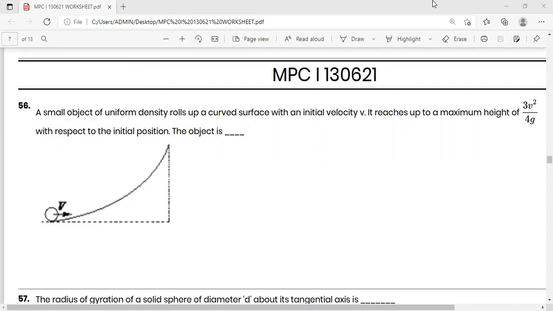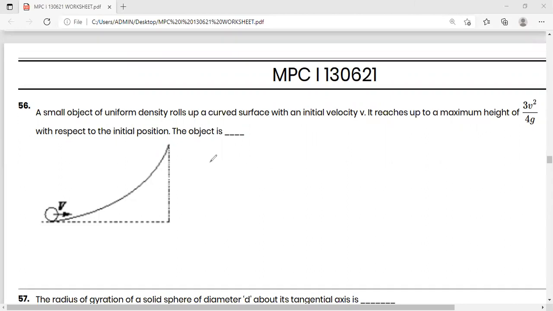What is the general formula for kinetic energy? It is a rolling body, first you have to understand that. In case of translatory motion, you can just write half mv square only. But in case of rolling motion, you have to take half mv square plus half I omega square. If half mv square is taken common, that is half mv square into 1 plus k square by r square. That is equal to potential energy, that is mgh only. This is the general formula.